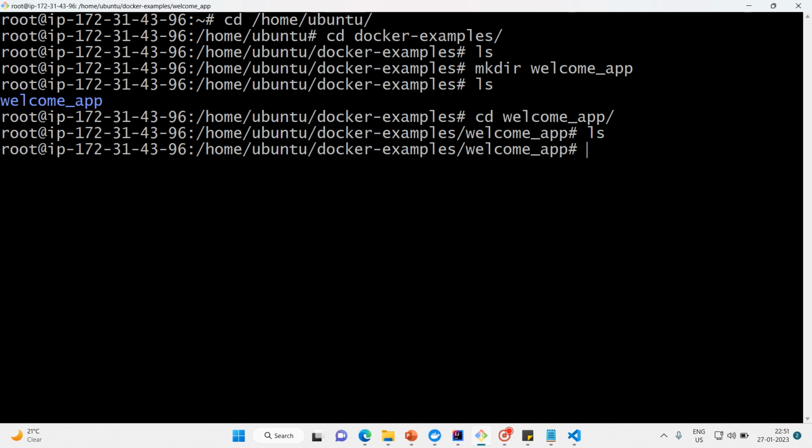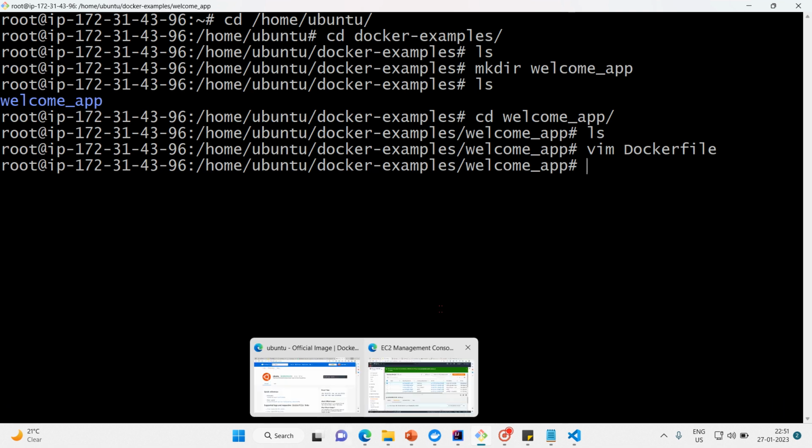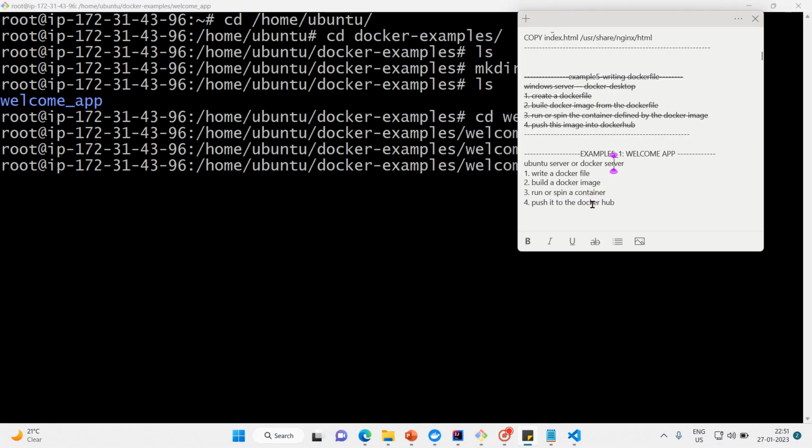In this we are going to write our Docker file, vim Dockerfile. So FROM, as usual, it starts with the FROM. I'm going to use nginx latest. So let me get to the sticky note. In this Docker file, the base image, we're going to take the nginx service, and after that we are going to write,